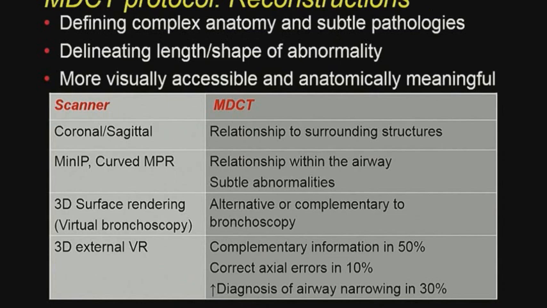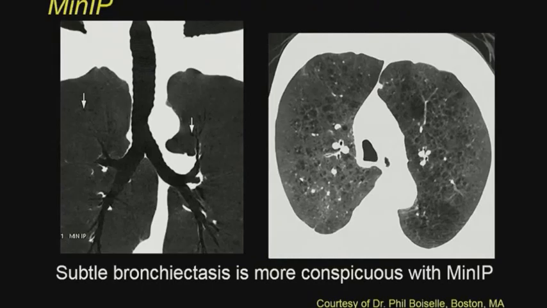anatomy and subtle pathology. They can also delineate the length and the shape of the abnormality, and they're more visually accessible and anatomically meaningful, especially for the clinicians who are going to treat the patient. So when we are talking about the reconstructions, we have to remember the MINIPs, or minimal intensity projection images, the curved multiplanar reconstructions, the 3D surface rendering, or in other words, virtual bronchoscopy, and the 3D external volume rendering